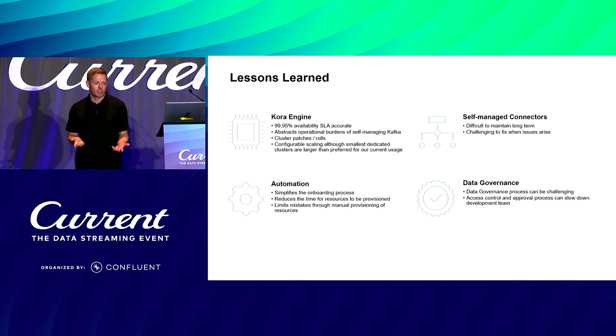Data governance, I don't know how many people are part of another financial service or another financial institution, but data governance is huge. It's a big piece, and as we bring in a new platform or a new service that is a new data source, not everybody at Vanguard is thinking about it like that just yet, but these Kafka topics truly are new data sources. So there's a lot of questions from a data governance perspective. We've put a lot of work into S3, our data warehouses, our other databases. This is now another